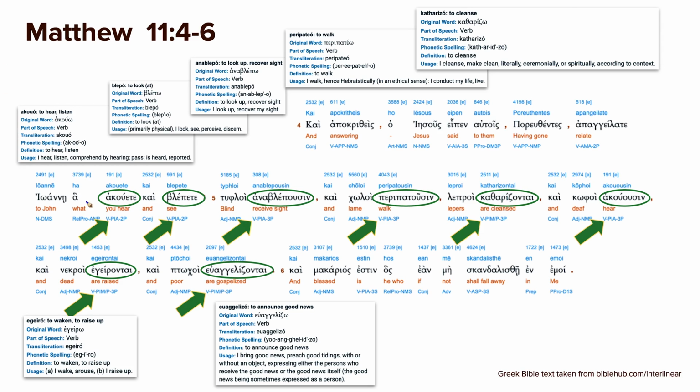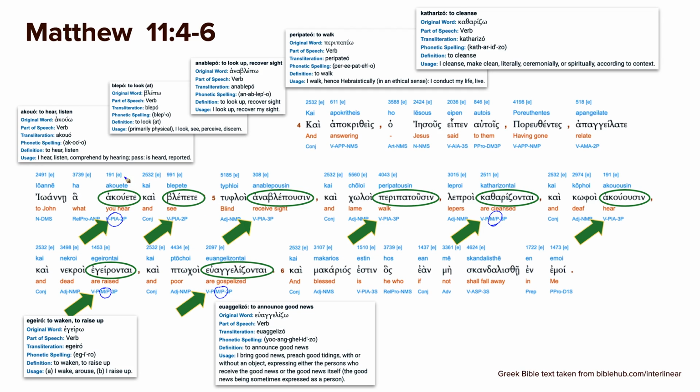So you'll see here, and not just active, here we have a middle passive down here. Primarily present indicative active, see right here, P.I.A., P.I.A., P.I.A. Here we have a middle passive, cleansed. They are cleansed. That's passive. They aren't cleansing, they're cleansed. P.I.A. again, P.I.M. up here. Here are raised. So they're not raising, they're being raised. And these are gospelized, basically evangelized. The good news is being preached to them. So that's again passive. And those are the main ones.